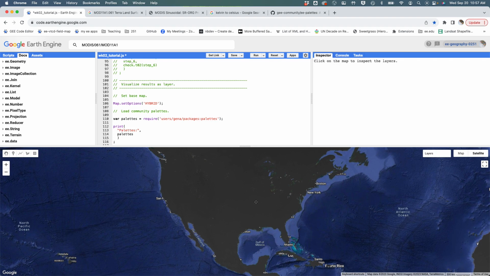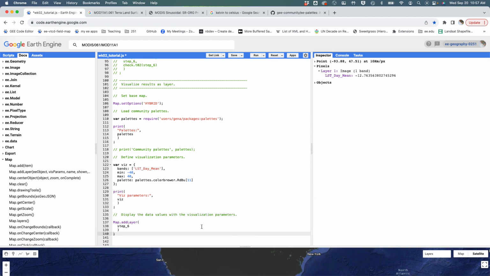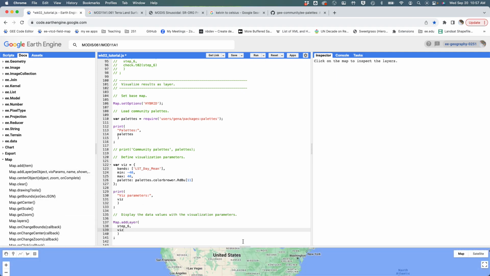But if I use the inspector and click around on it, you would see that there's actually data here. We're just not visualizing it very well, right? As you click around, there are warmer places and cooler places, but we can barely see that because we haven't applied our viz scheme yet. So if we add the second argument, our viz parameters, and hit run, what you should see is